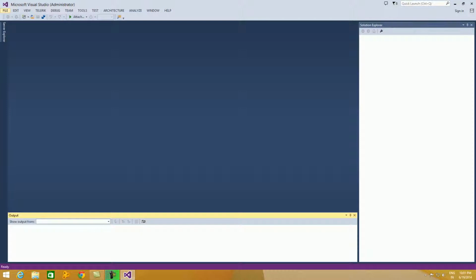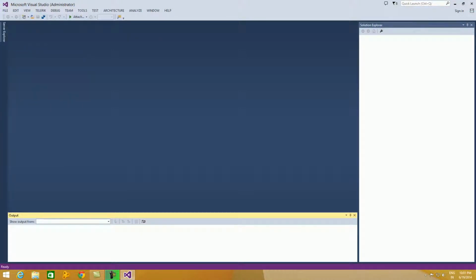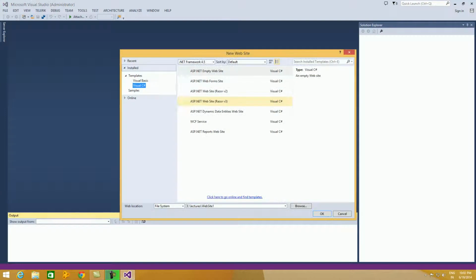Now go to File, New Website. So select language C#. Our framework is .NET Framework 4.5. Select empty website, and from the location select HTTP for IIS, and let us give a name to the website,